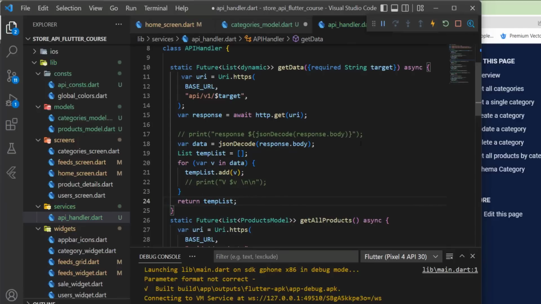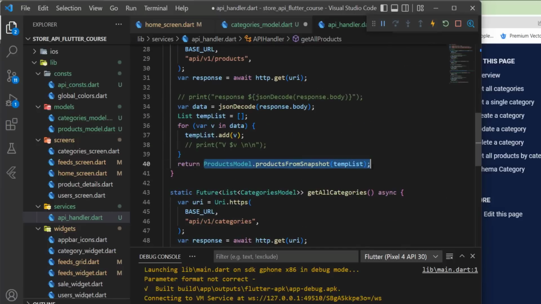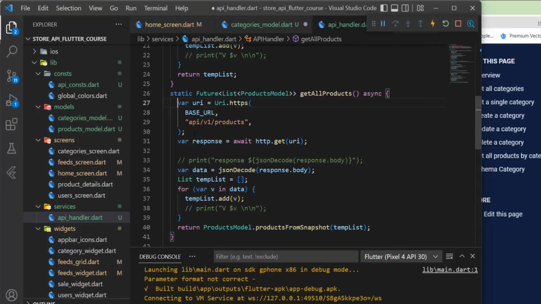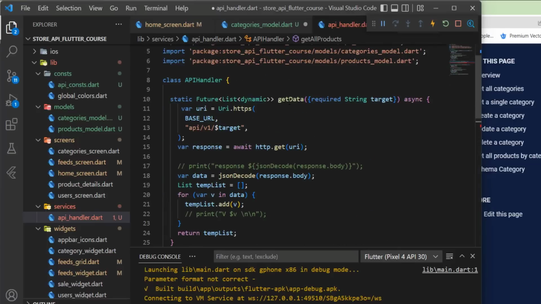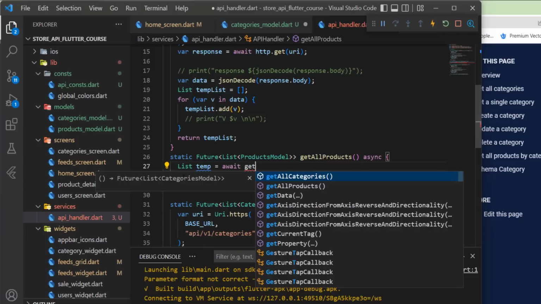Okay, so basically what I'm doing in here is to send a request to the API, and I'm returning the list. Now this list can be used directly to return a product model or categories model. So what I'm gonna do is to remove these now, and we can call directly this method, the getData method. So now in here, let's initialize a list, and I will name it temp, and it will be equal to the getData